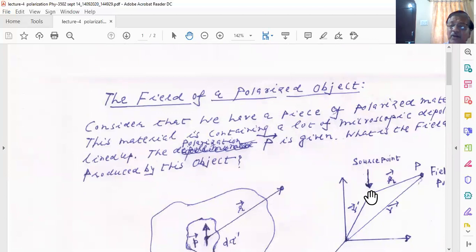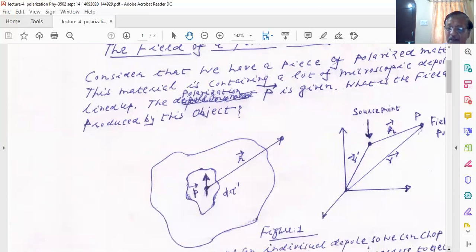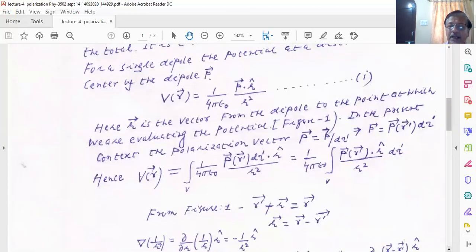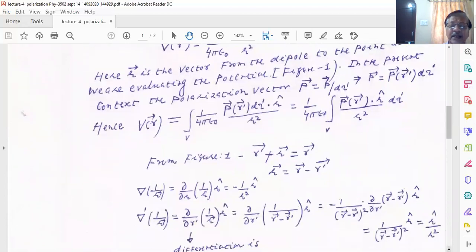So the position vector of the source point is changing because you have different dipoles in the given specimen, right? And that's why we are taking the differentiation with respect to the source coordinate. You can see here I take del by del r prime of 1 upon r unit vector r. So del by del r prime I'm writing, and you see this vector r which we have calculated,